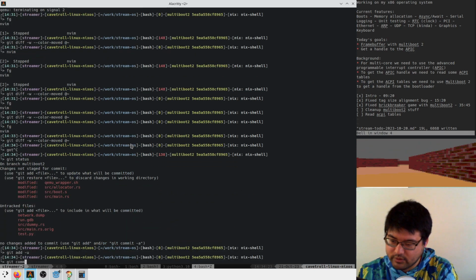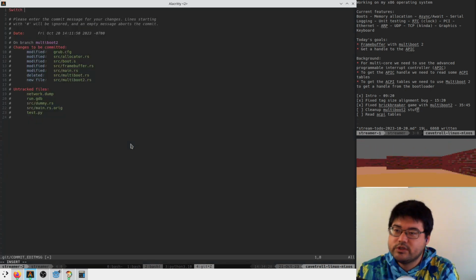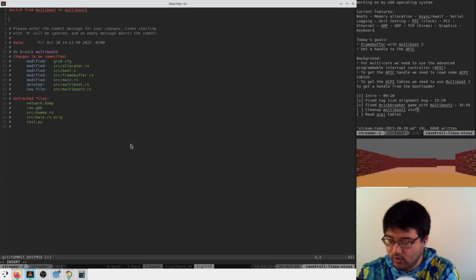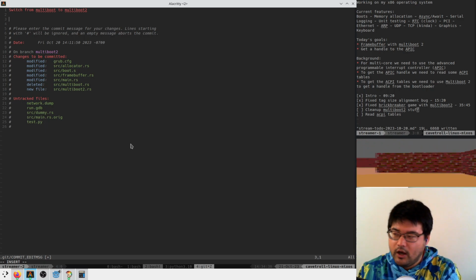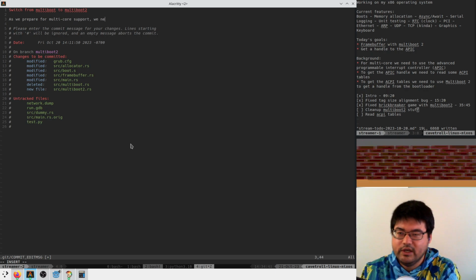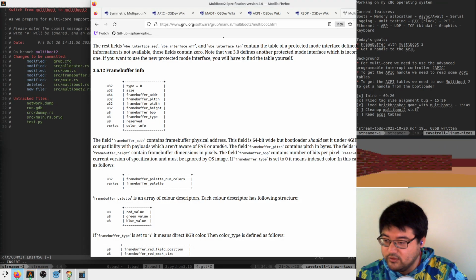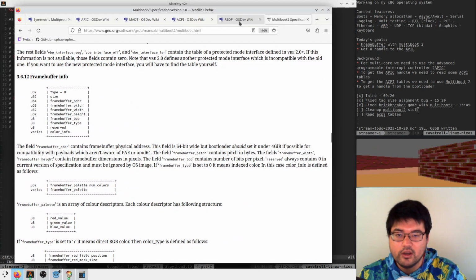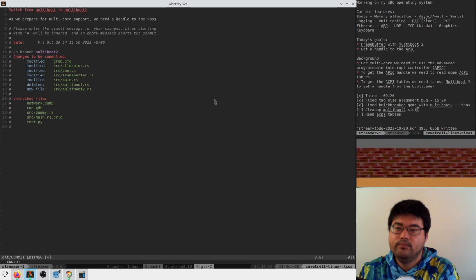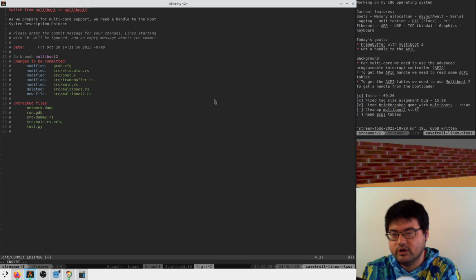So let's quickly amend this and say, switch from multiboot to multiboot 2. And why are we doing this? As we prepare for multi-core support, we need a handle to the, what did they call it in this giant list of jargon? RSDP, which is the root system description pointer.